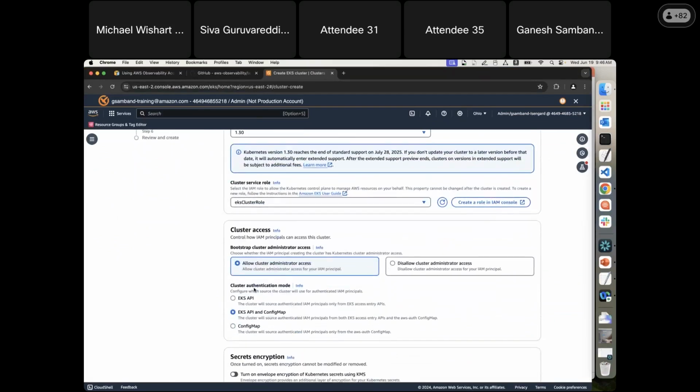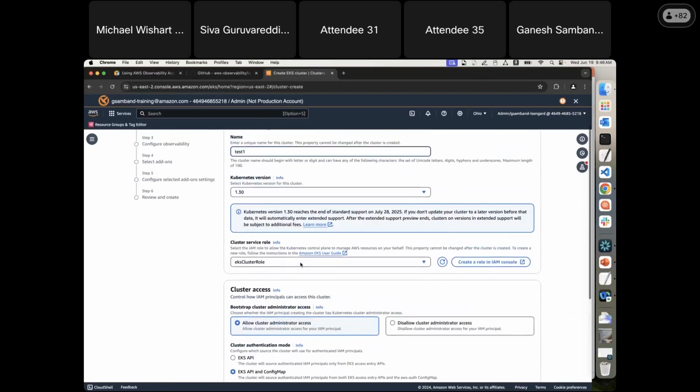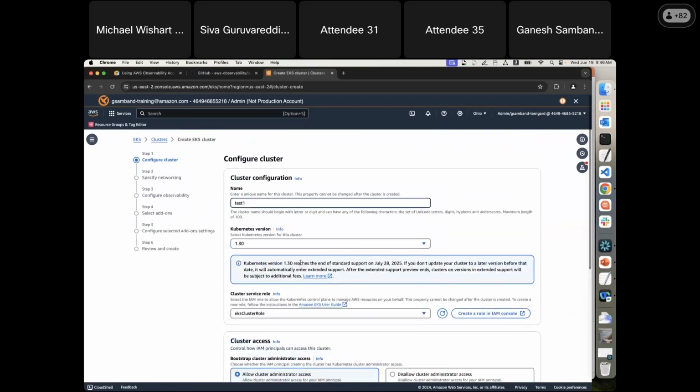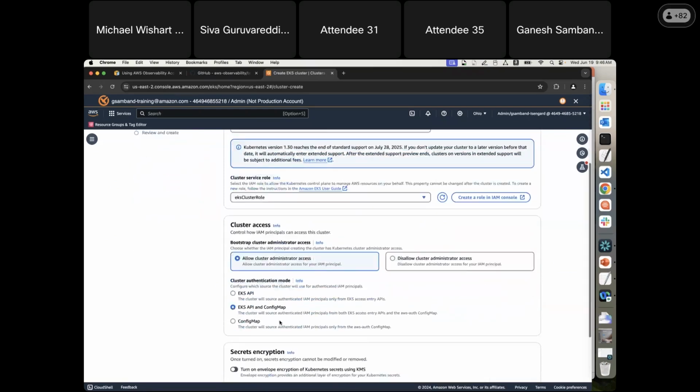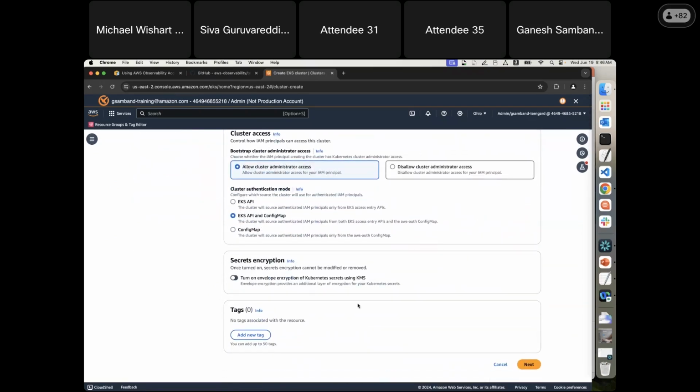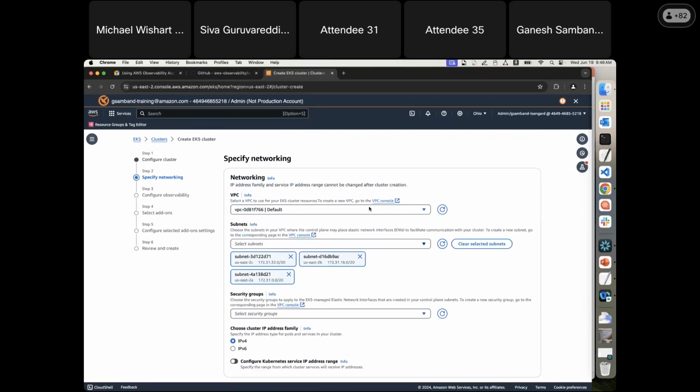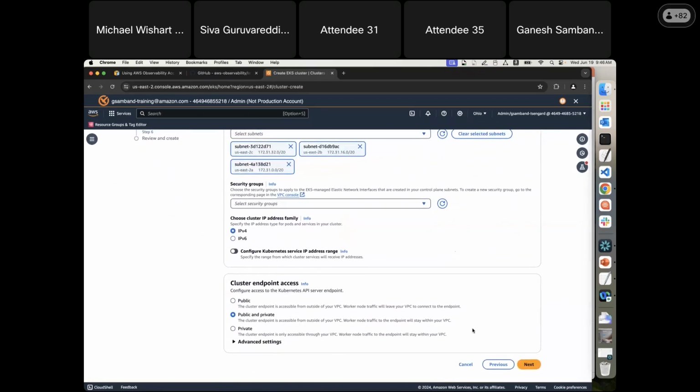By the way, you can enable this using the API, CLI, eksctl, all the existing mechanisms. I'm using the management console to show this functionality. You can select all the basic details, and then use the default VPC, subnets, and endpoints.